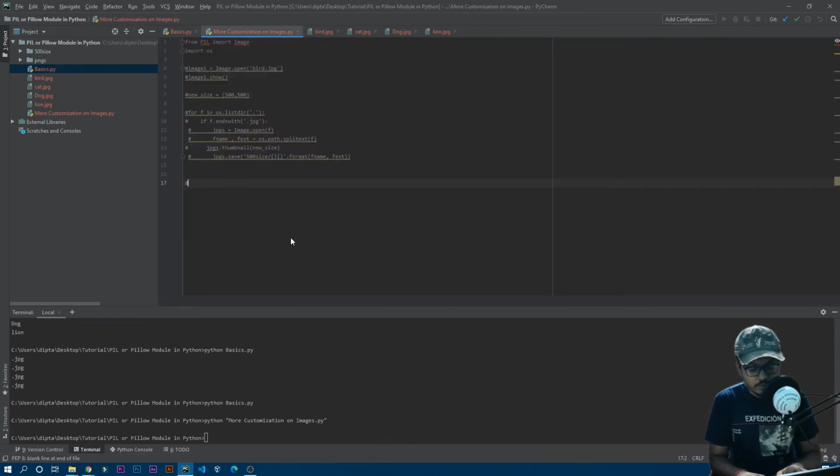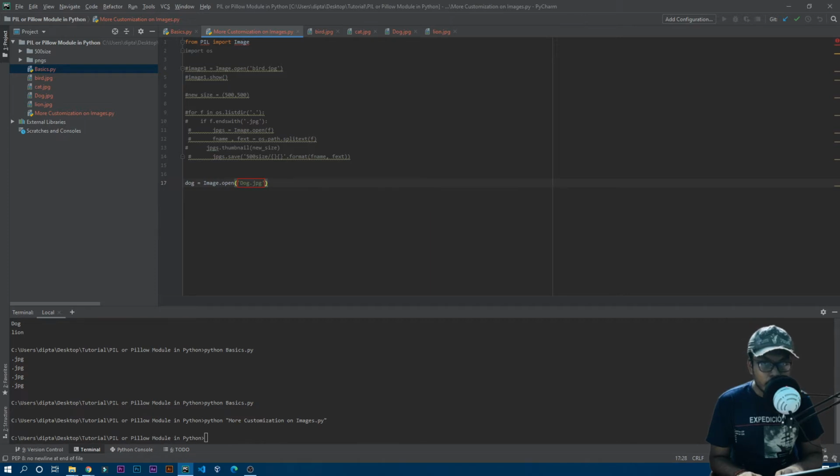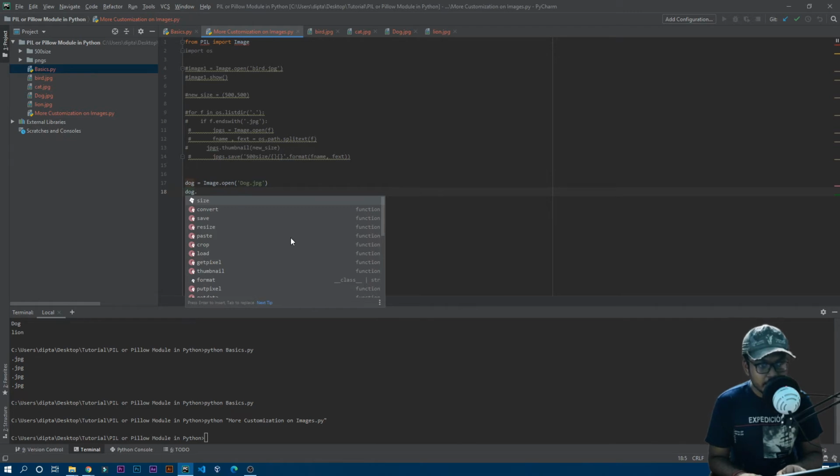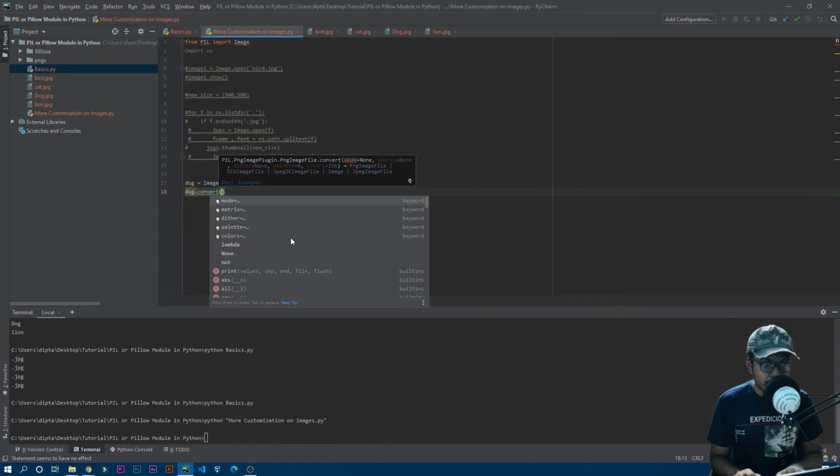dog.jpg, right? So I'll just quickly make a variable called dog, and that will be Image.open, then the file name, that is dog.jpg, and now we want to convert that into a grayscale image. So for that, and also I want to save the image with the same file name and same file extension. That means it will just replace that particular image. So for that, you just need to write dog, that means the variable name, then convert. Okay, and then inside the parentheses you just need to write some more.